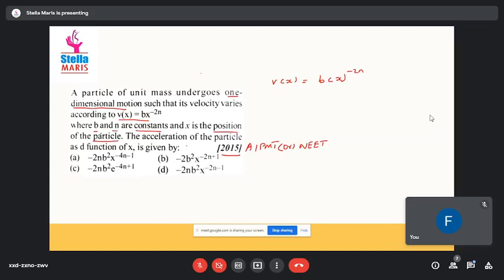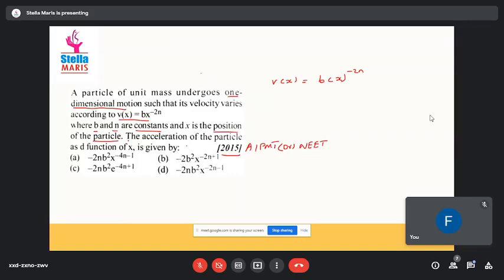They have said that b and n are constants, and x is the position of the particle. And they have given four options. These are the answers. They are saying the acceleration of the particle as a function of x is given by,